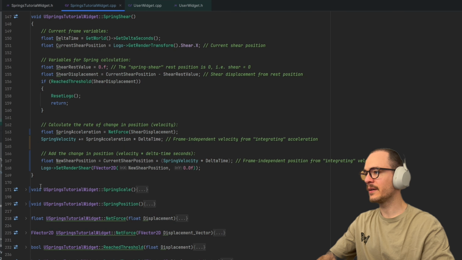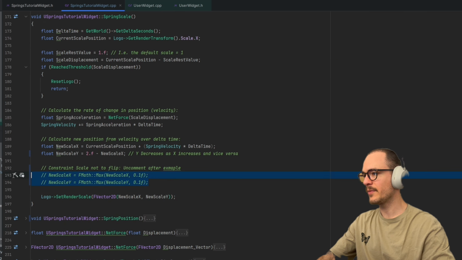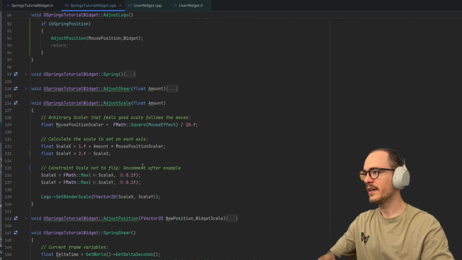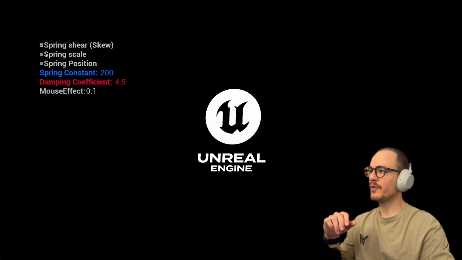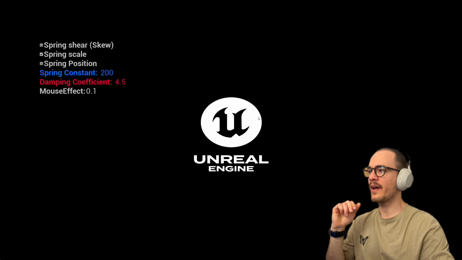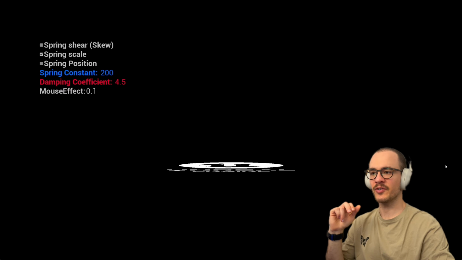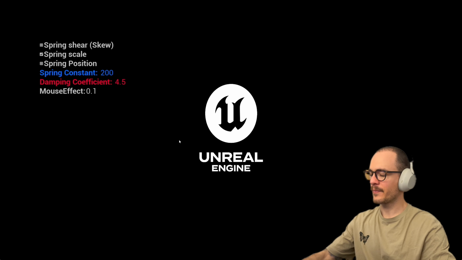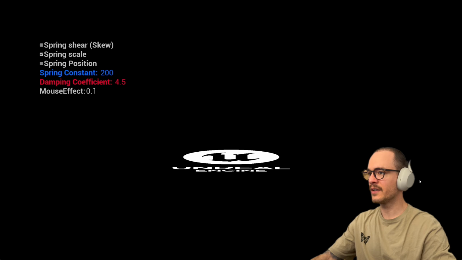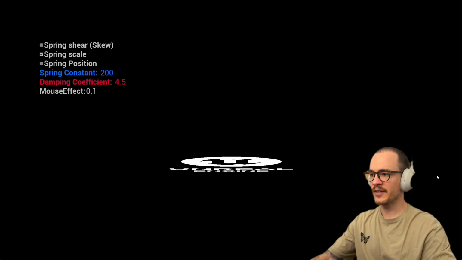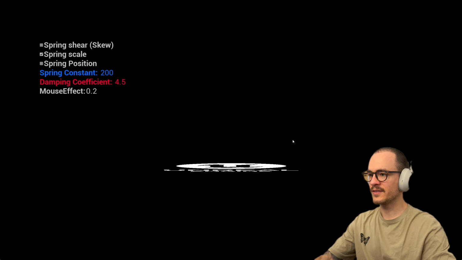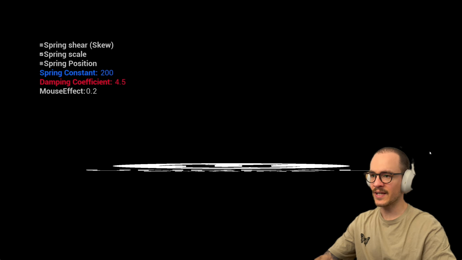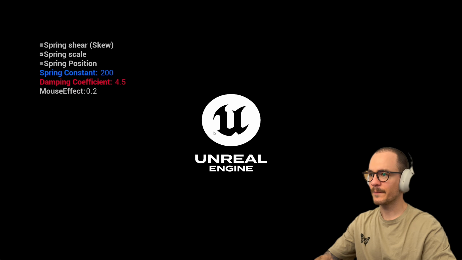And I'm gonna also do the same here and uncomment this, and I'll show you guys what I mean. If you remember, when I was scaling before I put the constraint on the size, I could flip the orientation of the scale. Now I cannot flip it, and no matter how much I scale the X value, it's never going to flip. It's never going to go on the other side. Even if I set the mouse effect to 2, it stays at this 10% of its size at most. And then when I release it,